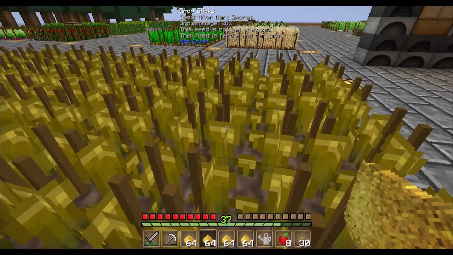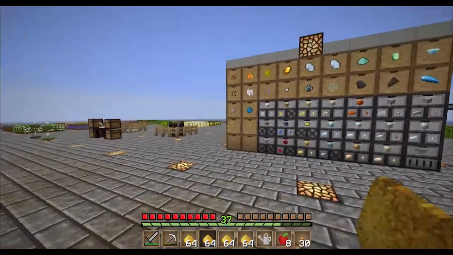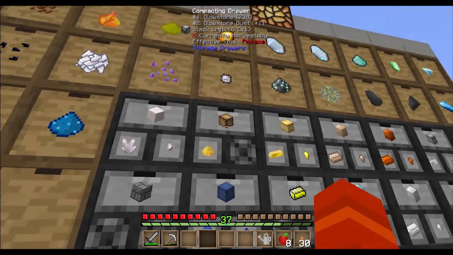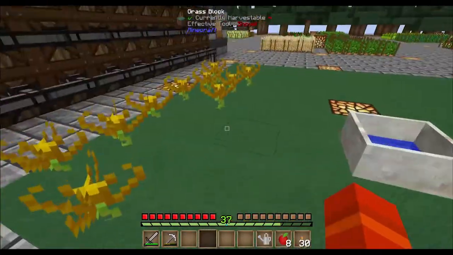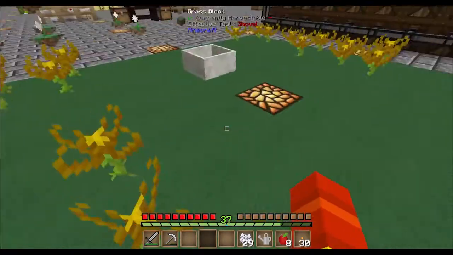Okay, yeah, 5 full stacks. If they're all fully mature and I harvest all of them, it should get 5 full stacks, which is 80 pieces of glowstone. Very nice. So what I want to do now is I want to try to get